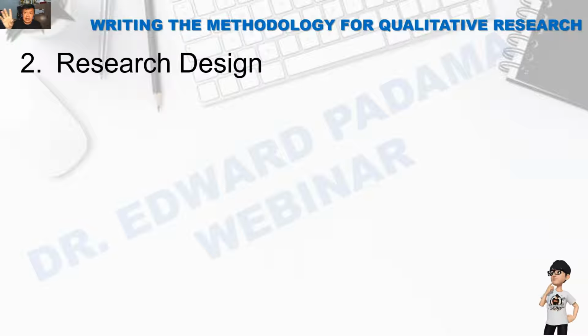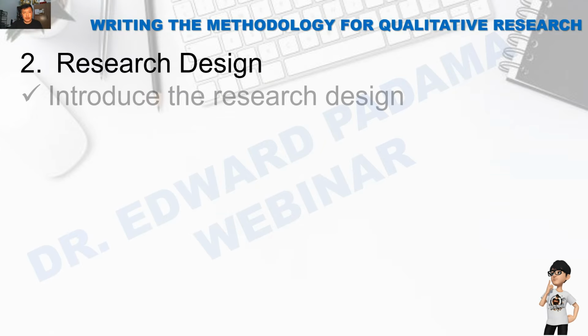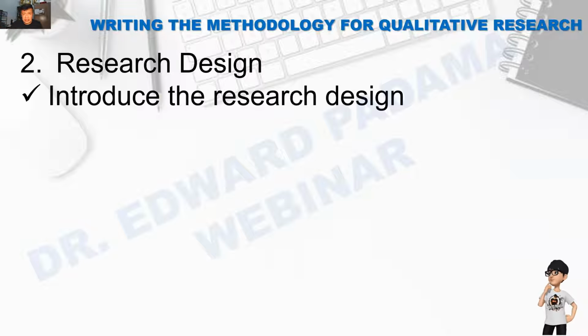Examples of designs under qualitative are phenomenology or phenomenological, ethnology, you have case study, historical, grounded theory, and so on and so forth. Okay, so these are some of the designs available under qualitative research. Okay, so again, like the first one, you introduce the research design. So what design are you going to use? Example, the research design that will be utilized in this study is